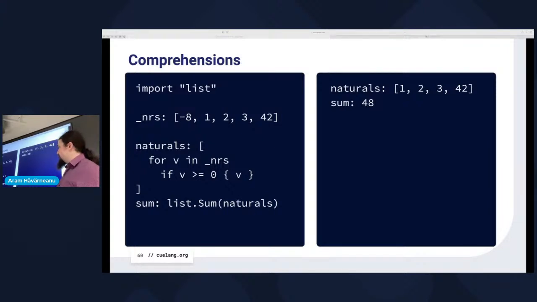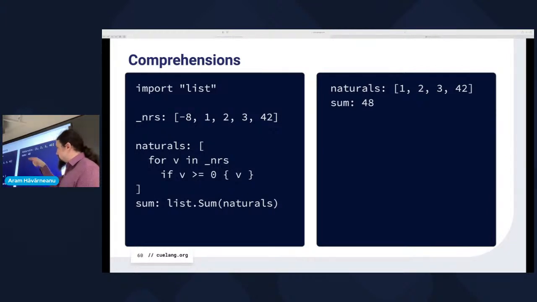Now, if that is all comprehensions can do, it wouldn't be that impressive, I don't think. Another thing that they can do is, because of the way I just explained them, you can have a sort of universal quantification over something. But it can be more specific than that. For example, in this case, V ranges over the list of numbers, but we are only interested in the positive numbers. So we can have the if over there that checks that V is greater than 0, and then only then take it into account.